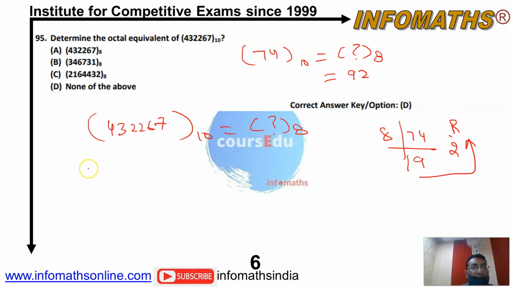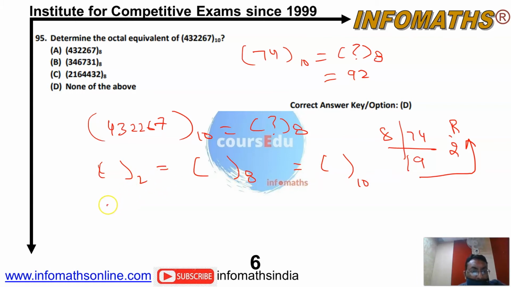No need to solve the whole question properly. What is the benefit of this question? It's just mere time consuming. We are just judging your multiplication power or division power. No, that's not the aim of the MCA entrance, checking multiplication and division. So now what is the main logic? The main logic of the number system is, see here, we have some number systems. This is a binary number system. This is an octal number system. Let's say this is a decimal number system. Now, what is the relation between the number systems?